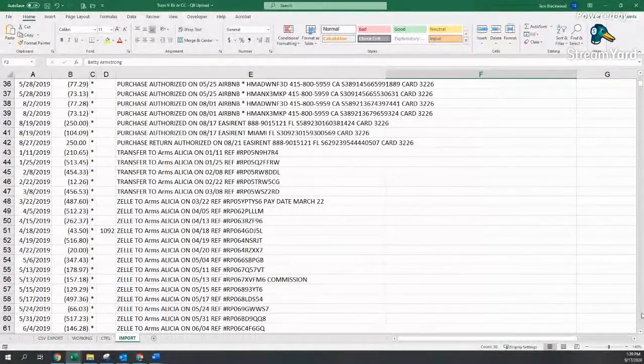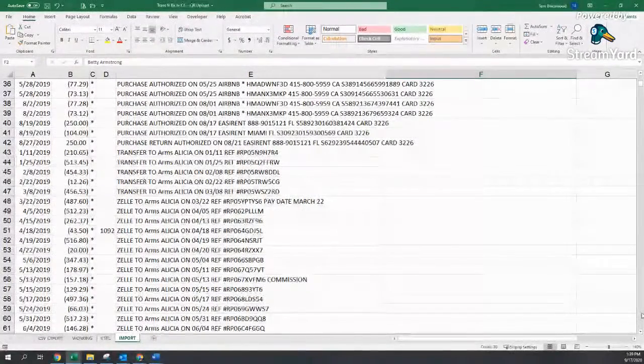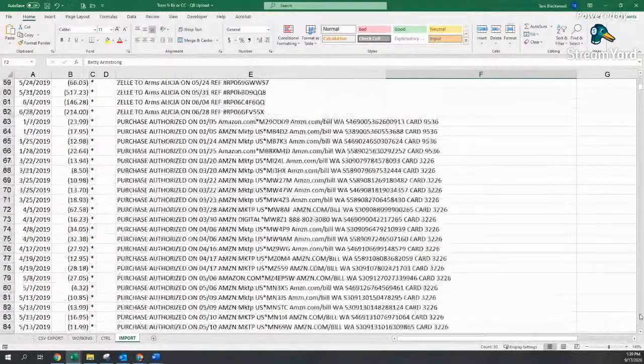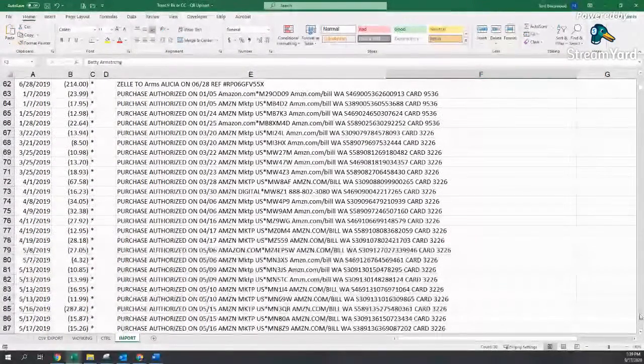It has some of this grouped, and when I group it, I can sort it in alphabetical order so that it will put all my Zelle payments together, but it's not always going to put my Zelle payments to a certain person together. It's going to put my transfers together, but not always consistently. So the challenge is on Amazon, when Amazon comes in as AMZN and Amazon comes in as AMAZON,